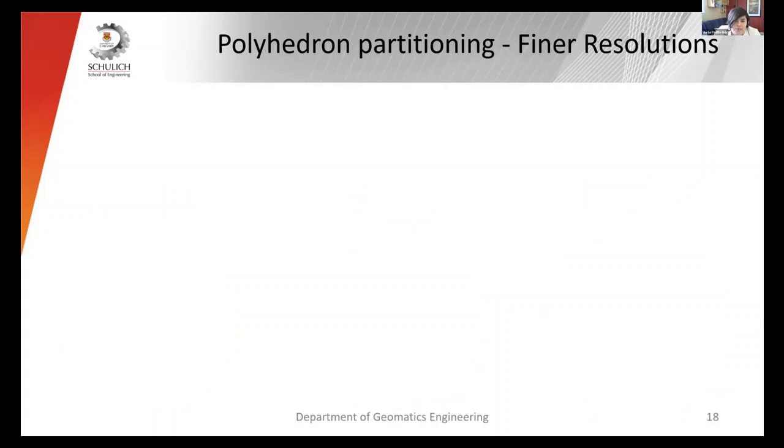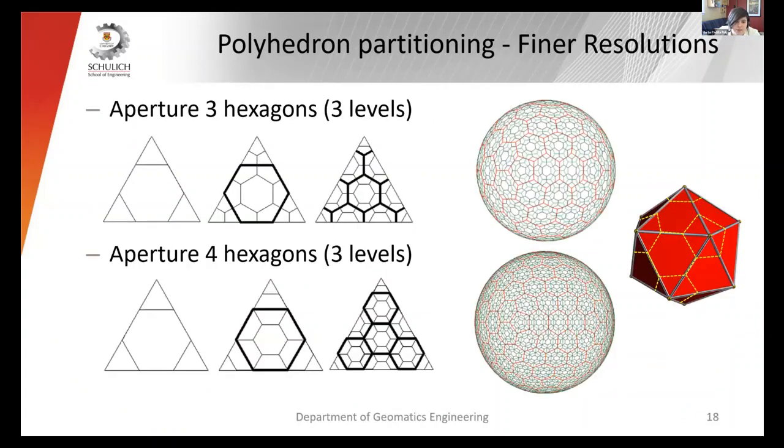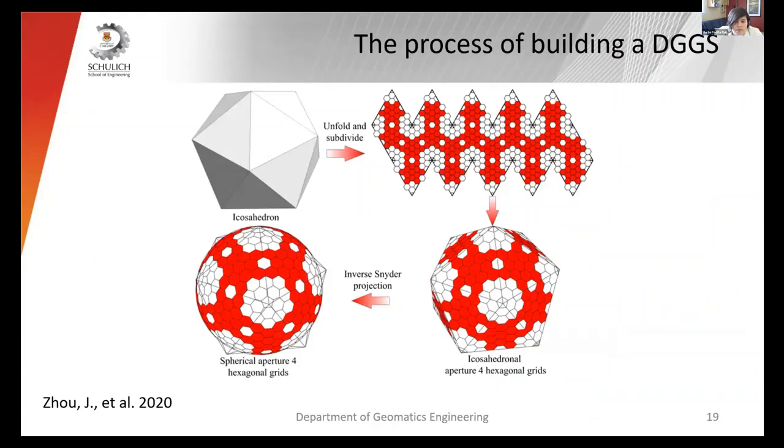And there are different methods to subdivide the cells in these resolutions called apertures, each of which has different properties since they generate different patterns of cells. In the picture, you can see an aperture 3 hexagon cells and an aperture 4 with different patterns of cells. So to summarize the process of building a DGGS in a picture, first you start from the polyhedron, oriented the way that better fits your needs. Then this polyhedron is subdivided into cells of a particular shape and in multiple resolutions. And it is projected onto the Earth with an equal area projection that you choose.